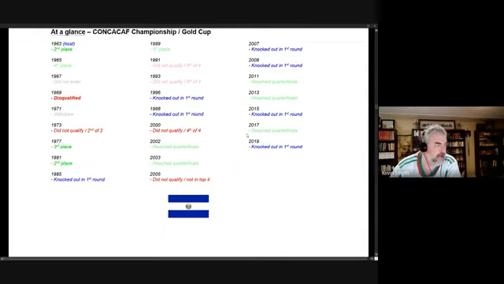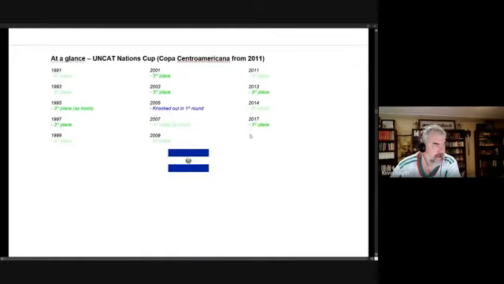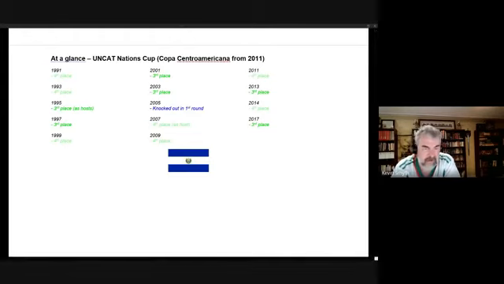If we take a quick look at the local, or the zone, the Central American zone competition, they almost invariably finished third or fourth, though 2003 was their last third place finish before 2013. So kind of weak, kind of a middling team among the Central American teams. And now the local competition has been replaced by the Concacaf Nations League. And Connor, I think you're going to take us through that a little bit later.